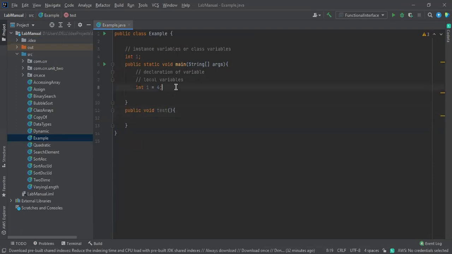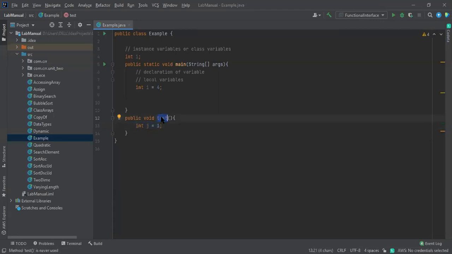So here, how are you going to do this? When you declare a variable inside this, int j is equal to 1. For this test method, this is a local variable. Think of it like in India: according to India, we are all locals of India. According to Andhra Pradesh, we are locals of Andhra Pradesh. Think of it in that way.